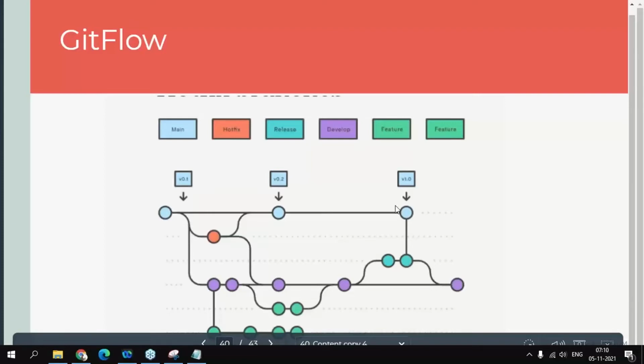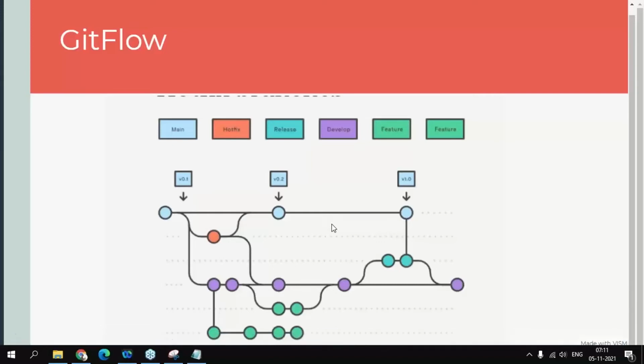Okay team, if you have any queries, you can let me know. But as I am saying already, the branch names can be different, you should not feel you must follow this pattern. Hot fix, release, feature, bug fix, main and so on could be changed based on the company standard. Okay,